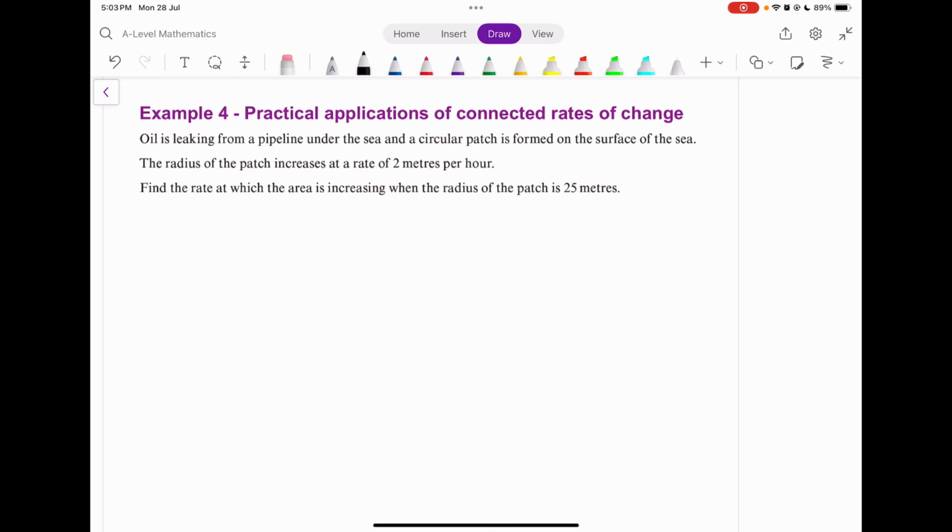So 这里看起来很少 information，对不对？But let's analyze a bit. 我们要找的是什么？我们要 find 的东西是 the rate of which the area is increasing。所以也就是讲 rate of the area，也就是讲这我们要找的是 dA over dt。而且它有什么 information？我们有 radius of the patch increases at the rate of 2 meters per hour。所以就讲这我们这里是 dr over dt equals to 2。